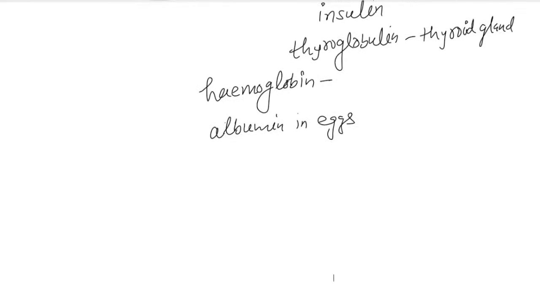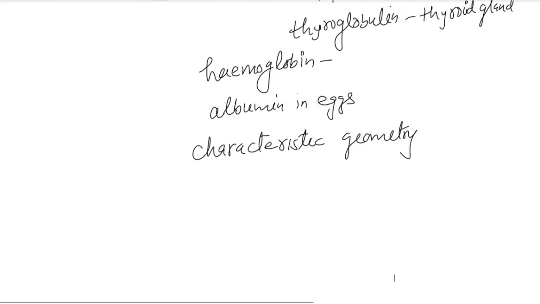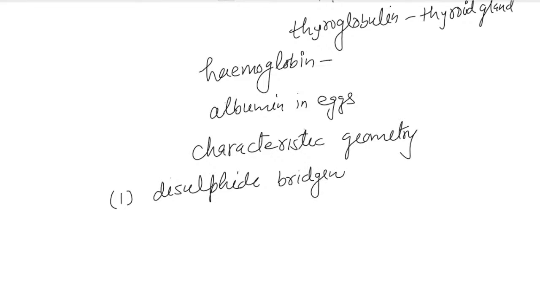What I said, they have their own characteristic geometry. And how is this geometry generated? Through the interaction between different sites in the same polypeptide chain. One polypeptide chain is folded back to give this spheroidal type of structure. And these interactions are: first, disulfide bridging; second, intramolecular hydrogen bonding;